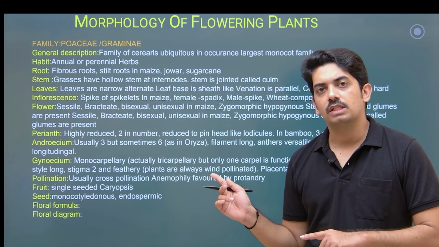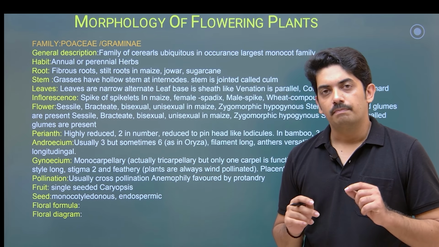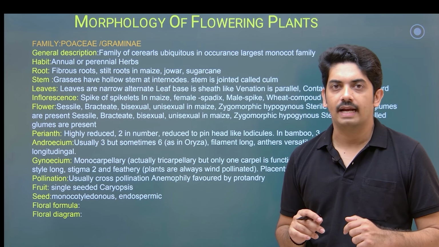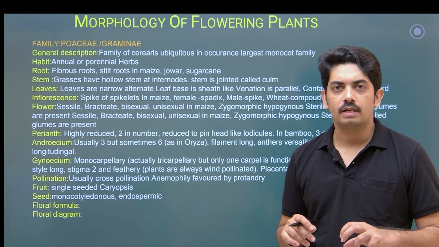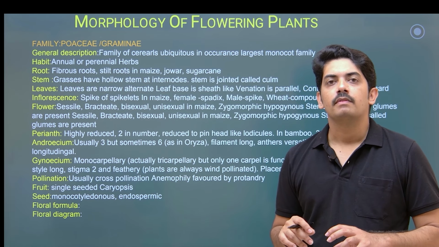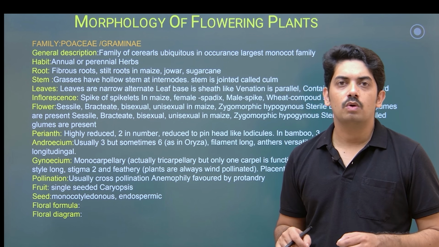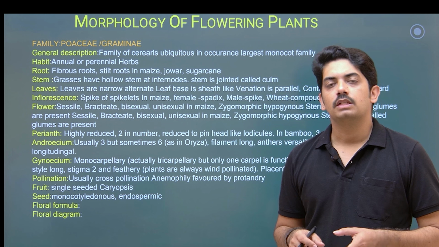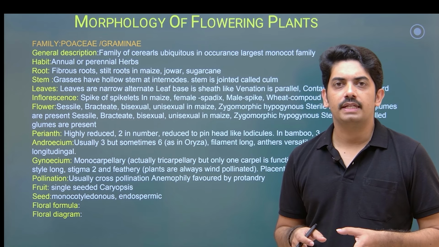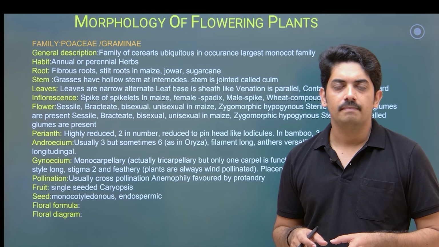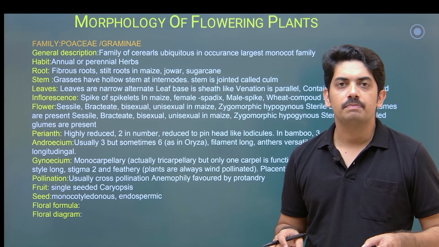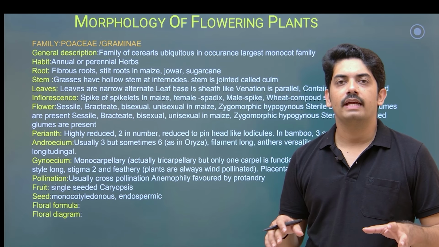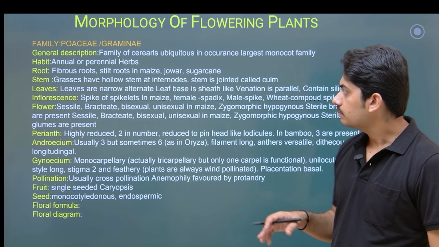What is fibrous root system actually? Plant in the initial stage of growth produces roots from the radicle, but the radicle is short-lived and replaced by the roots developing from the lower nodal region of the plant. So in fibrous root system, the roots originate at the base of the stem, and here there is no difference between primary root, secondary root and tertiary root. Okay, they are all like hair-like structures. Then